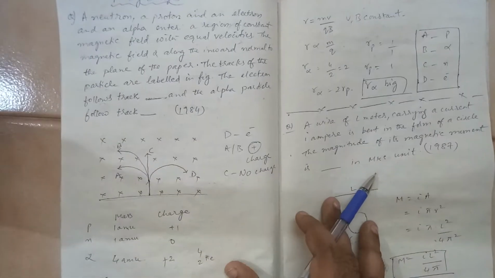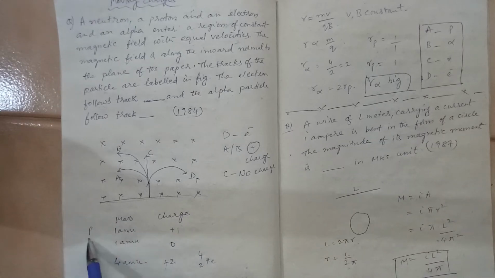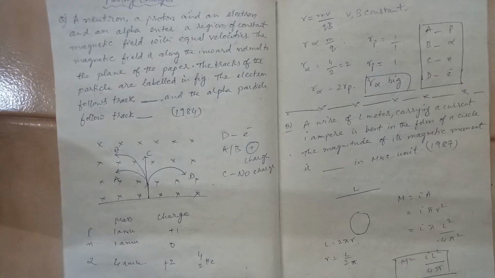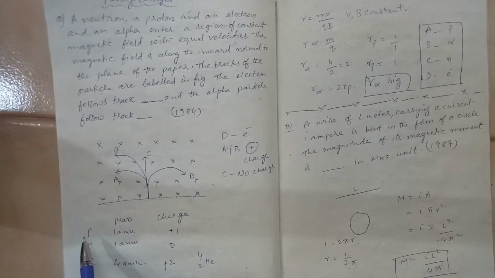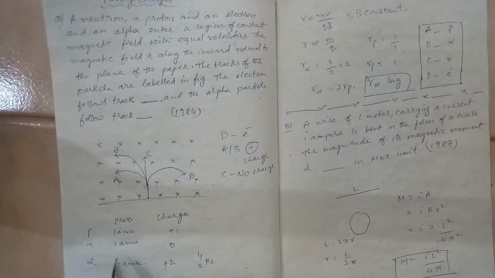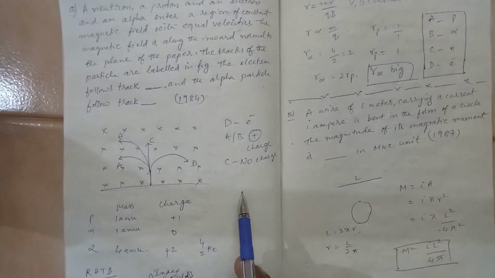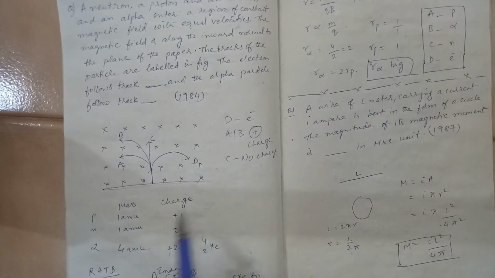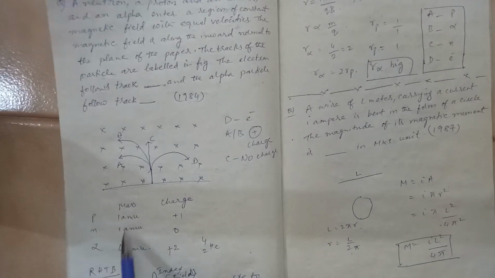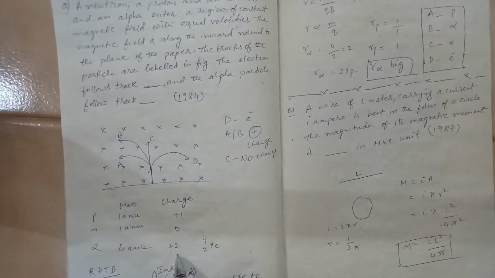Okay, so basically if you take the masses and charges, the mass of a proton is 1 AMU, atomic mass unit, and the charge is +1. Electron, the charge is -1. Neutron and proton almost have the same mass, but in case of neutron there is no charge. It is neutral. It is neither positive nor negative. Alpha has 4 times the mass and its charge also is +2.